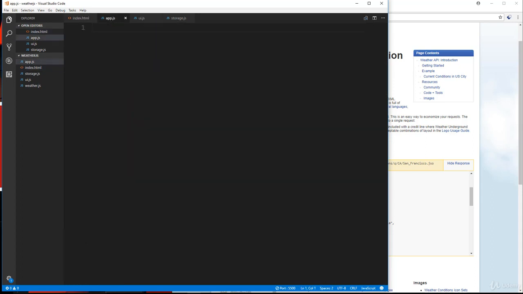Let's go to our app.js, and now let's initialize the Weather class. So we'll say init weather object, and we'll do that by saying const weather equals new Weather. Now remember, this takes in a city and state. Now this is ultimately going to come from local storage, but for now I'm going to hard code it to Boston, Mass. Alright, just for now. And then we should be able to call getWeather. So just to test it out,